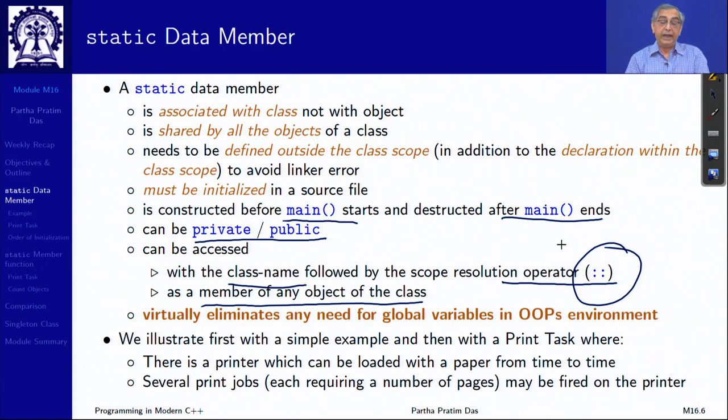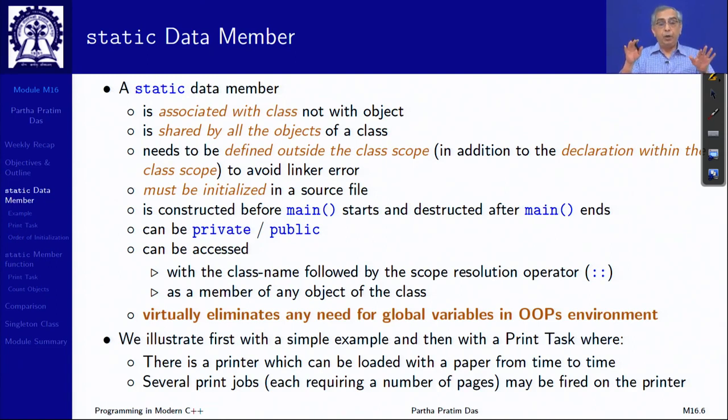So, virtually the static data members eliminate any need of global variables in an object oriented environment. After this, we will not need any other global variable which is defined outside of any function scope or any class scope. So, let us first go ahead and